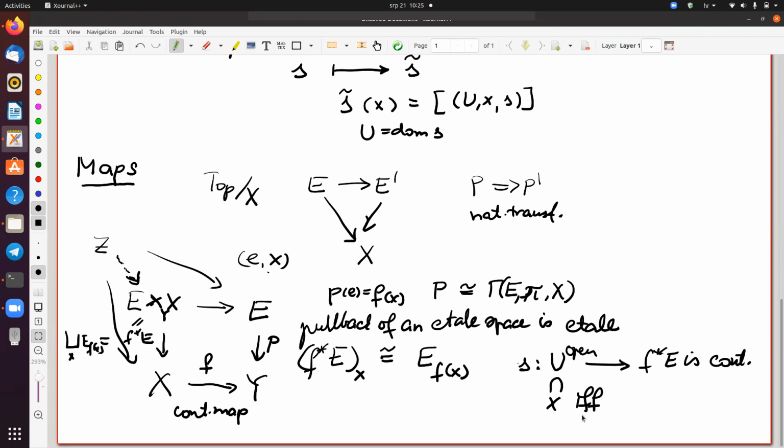So it's if and only if I post-compose it: the projection to E composed with S is continuous. So this is for the pullback,